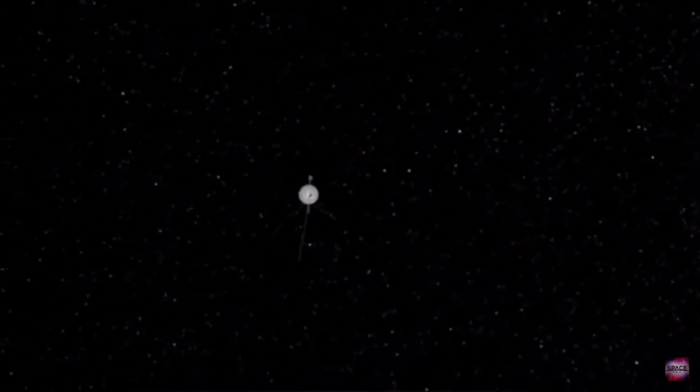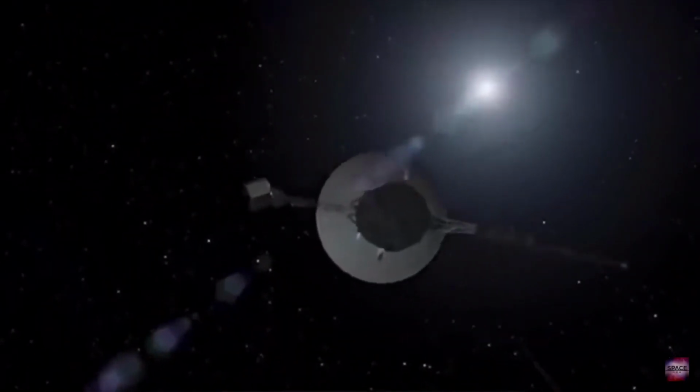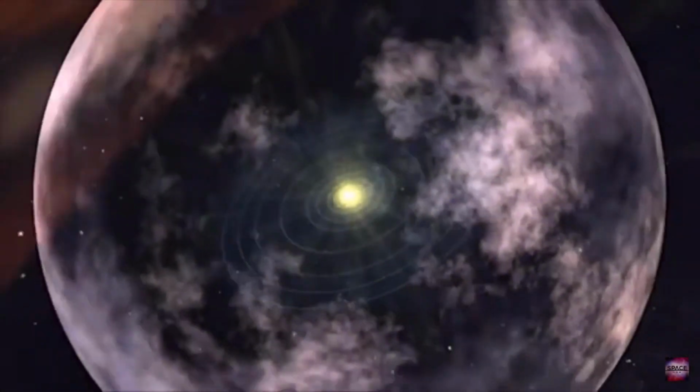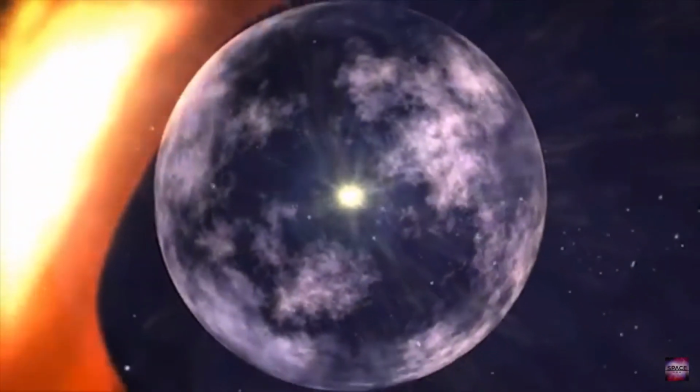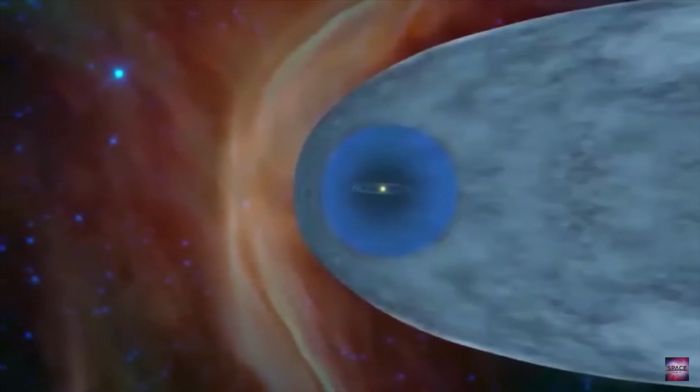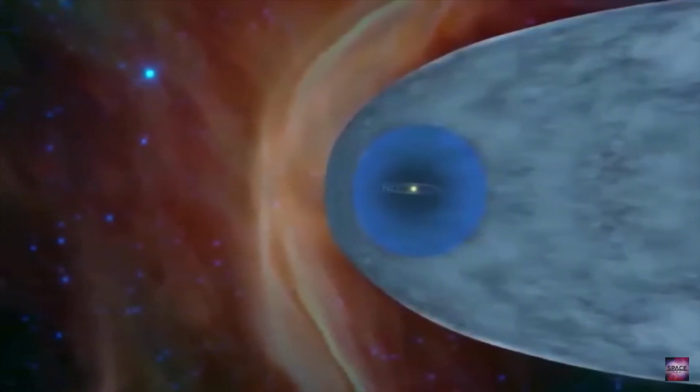We were on a path we hoped would reach interstellar space while we still had power on the spacecraft to transmit the data back. And that's what Voyager 1 did in 2012, and that's now what Voyager 2 is starting to do in 2018. The sun creates this huge bubble of plasma, ionized material, that goes outward at 1 million miles per hour and creates a bubble. And inside the bubble, most of the material has come from our sun, and the magnetic field has come from our sun. Outside the bubble, most of the material comes from other stars that exploded 5, 10, 15